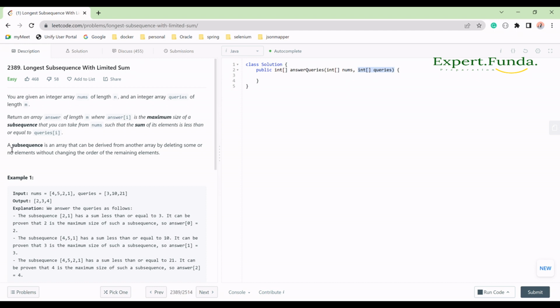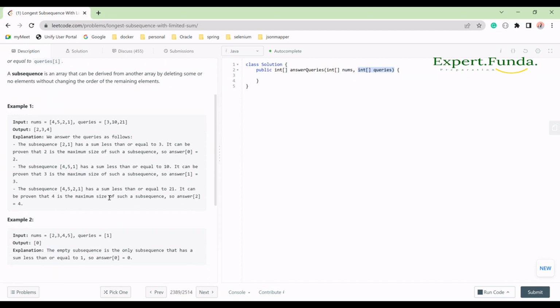So what is a subsequence? A subsequence is an array that can be derived from another array by deleting some or no elements without changing the order of the remaining elements, right? So as you can see here,